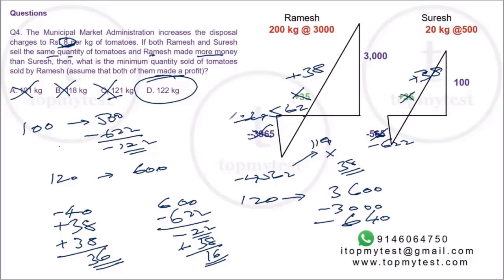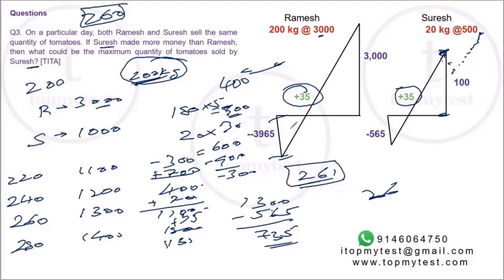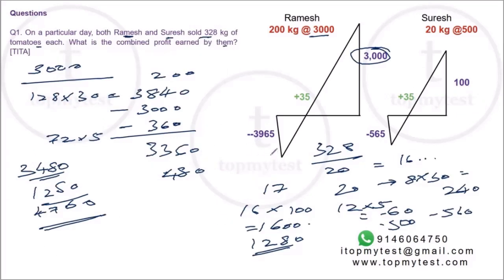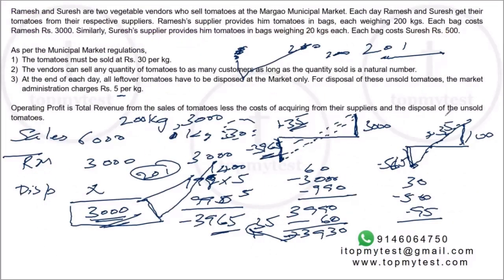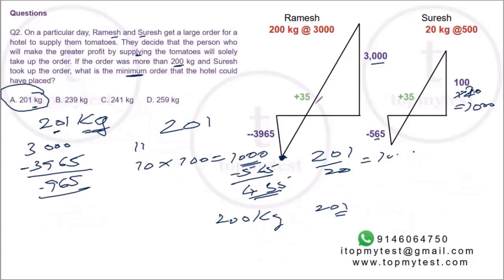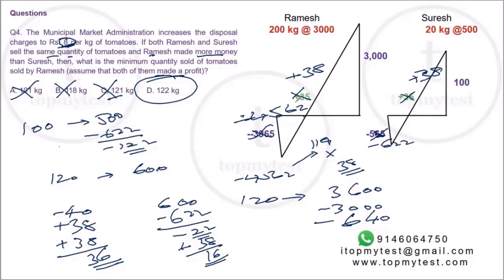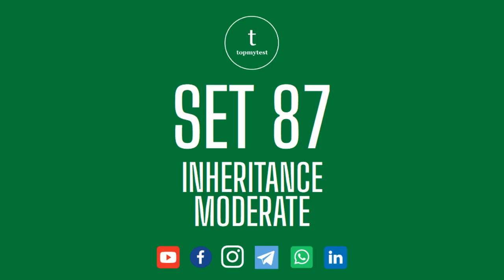Okay, so it's a brilliant question. The last two questions were ultra painful. Obviously, if you use a calculator, you might be able to solve it. But the key point to figure out was that you have a sequence of these bumps, and beyond a point of time, Ramesh will overtake Suresh. That was the catch to solve this. It's a difficult level question. The first two questions are moderate, but the last two questions are pretty difficult. In an exam situation, you might be scared. It might take about 15 minutes and still not make any head or tail out of this if you don't understand how costs and optimization work.